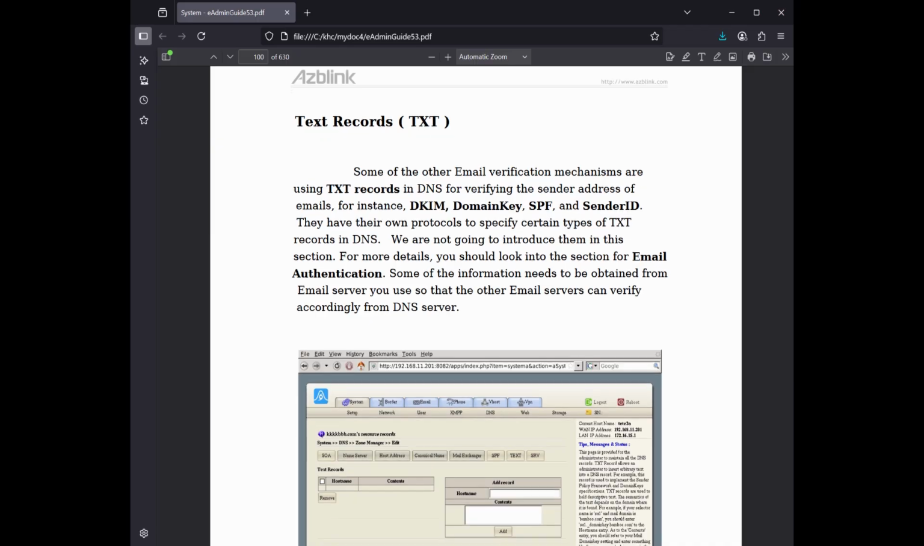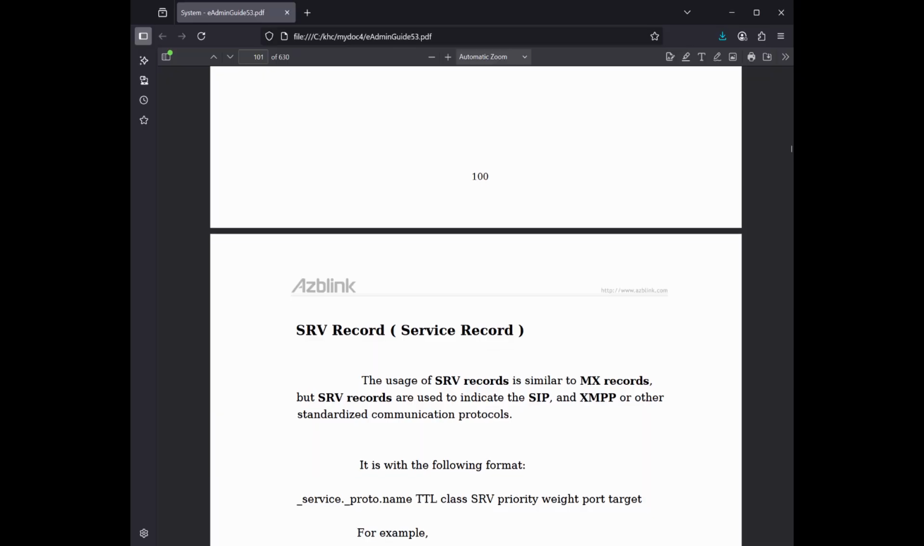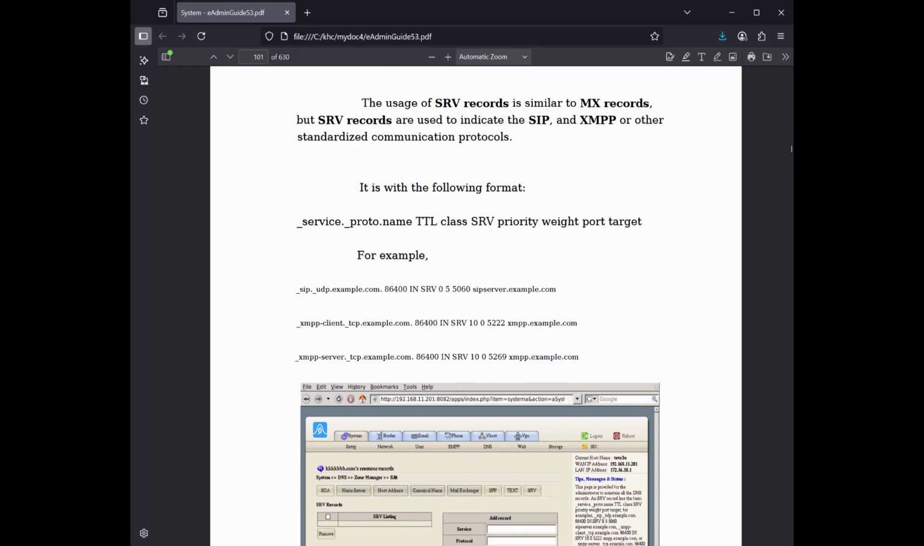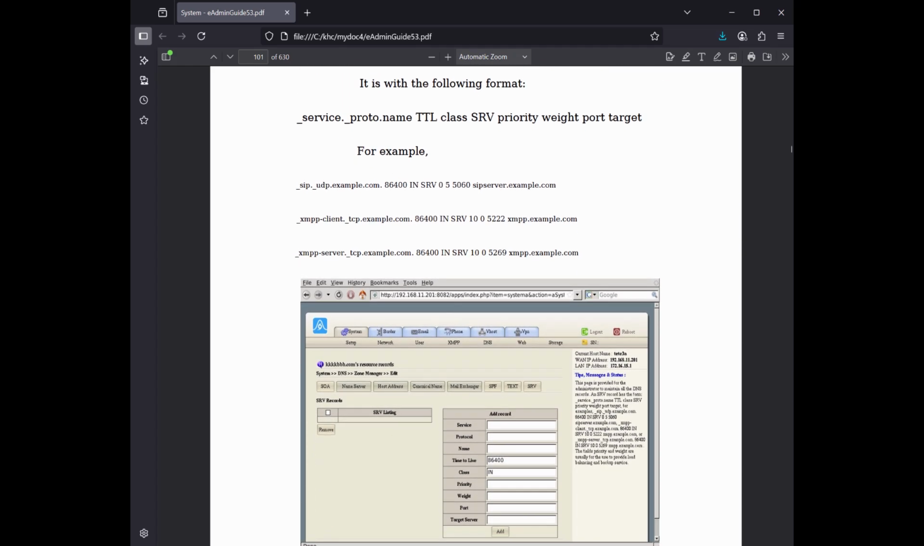SRV record, service record. The usage of SRV records is similar to MX records, but SRV records are used to indicate SIP, XMPP, or other standardized communication protocols. It is in the following format: _service._proto.name TTL class SRV priority weight port target. For example, _SIP._UDP.example.com. 86400 IN SRV 0 5 5060 SIP server.example.com